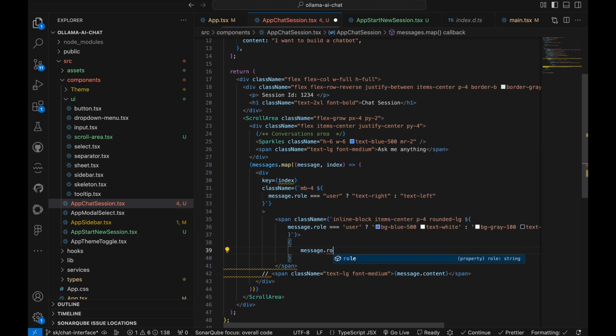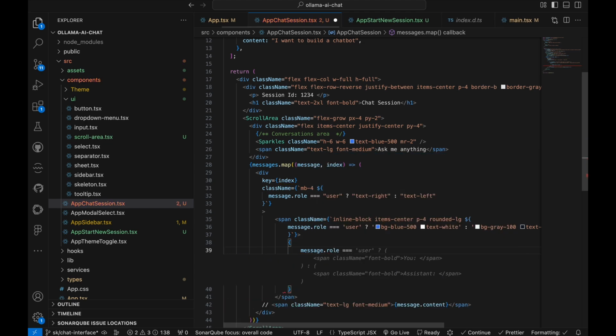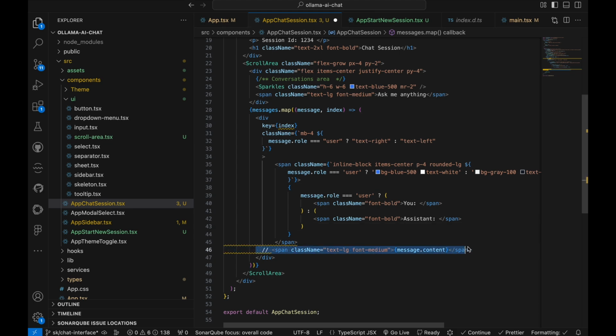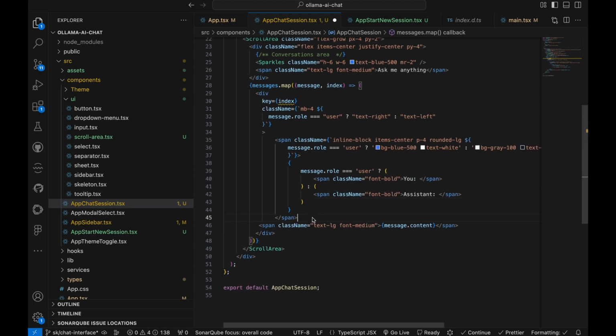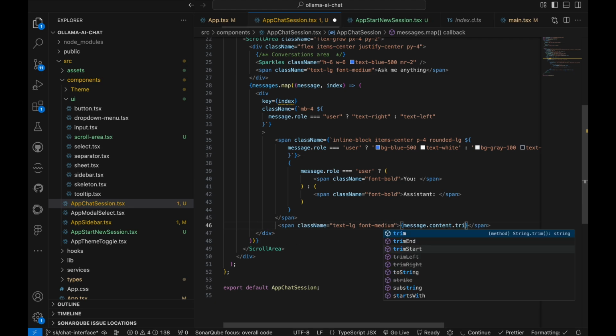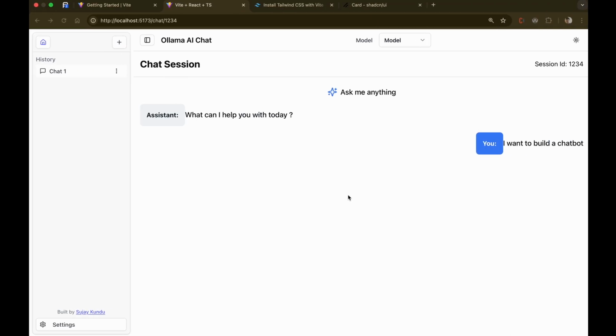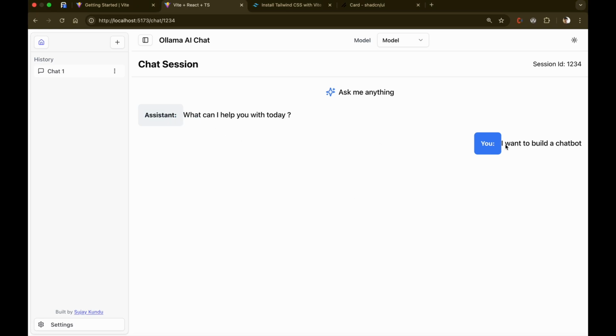And if the role is user, we will say you, or assistant, right? And then we'll show the content. So in this box, you will be user, assistant will be the bot, and the content, and we'll trim this content. So let's see how it looks. Assistant, user,